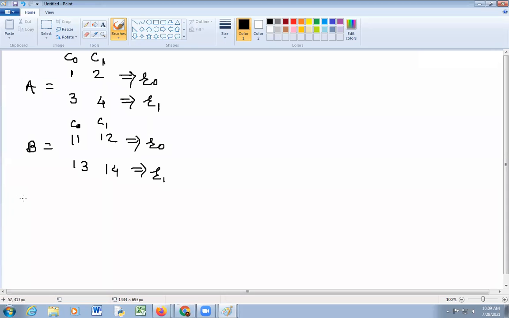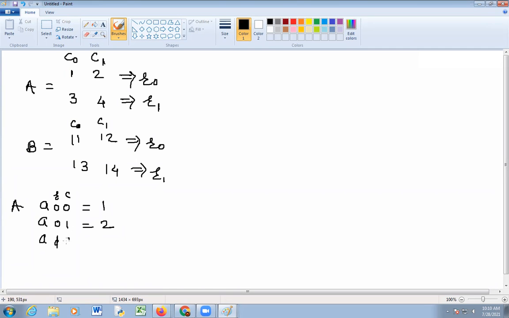So for matrix A, elements are stored at location A00, first for row, second for column. A00 stored number is 1. A01 stored number is 2.